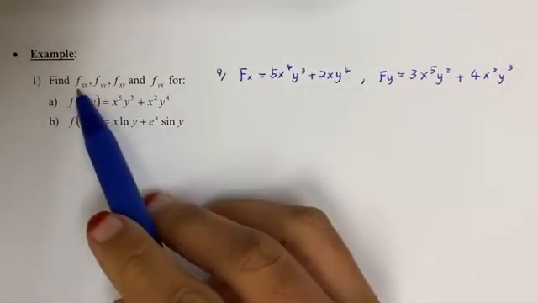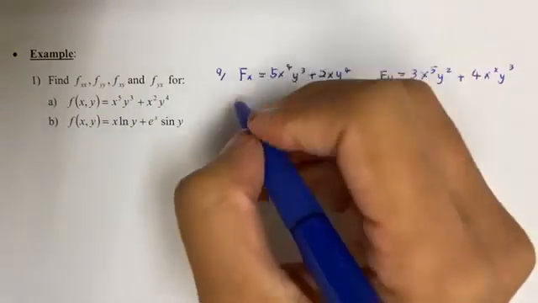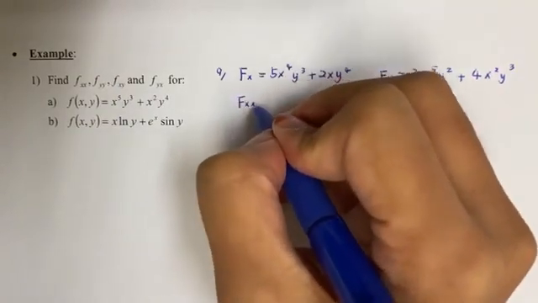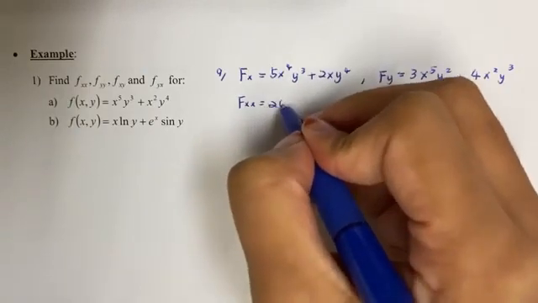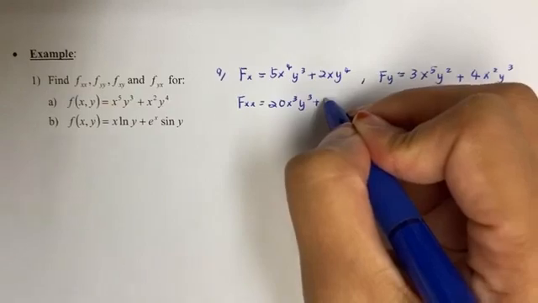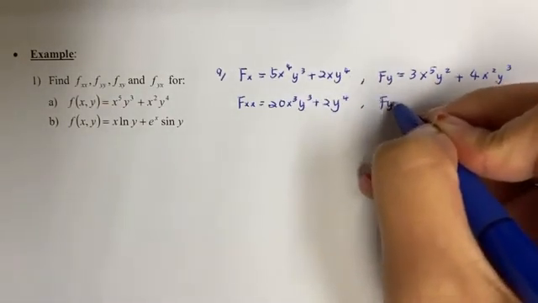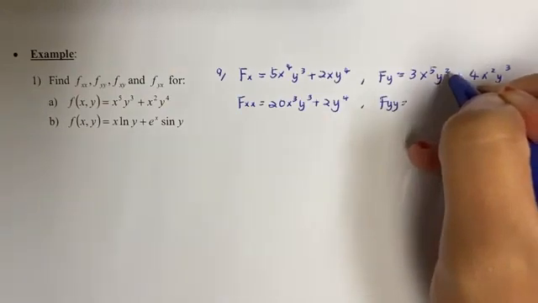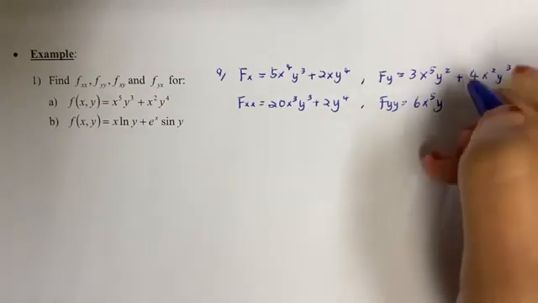Then we can proceed with f_xx, f_yy, f_xy, and f_yx. So continue with f_xx. We have, again, differentiate x. We have 20x cubed y cubed plus 2y to the power of 4. Then f_yy, we have 6x to the power of 5 y plus